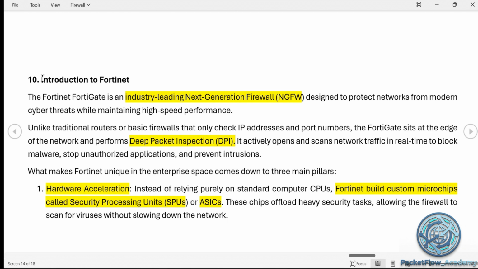So let's continue with this introduction part. Fortinet is the vendor, like Cisco is the vendor, and the FortiGate is the firewall which comes from Fortinet. Okay, so FortiGate is a standard industry-leading next-generation firewall designed to protect networks from modern cyber threats while maintaining